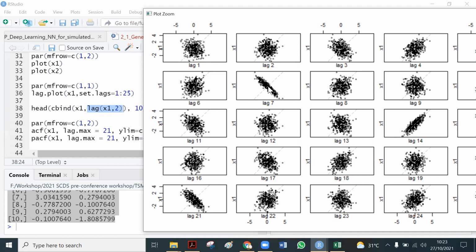Because the slope goes downward, it means xt and xt minus 7 have a strong negative relationship.